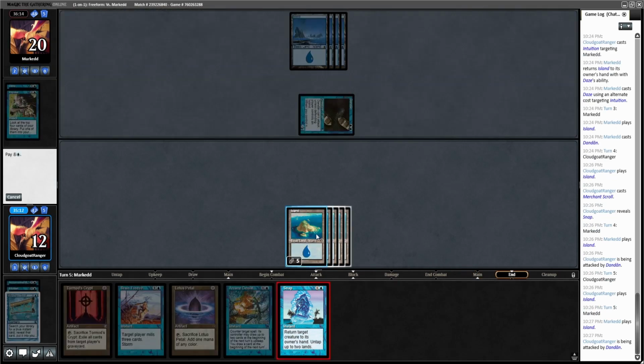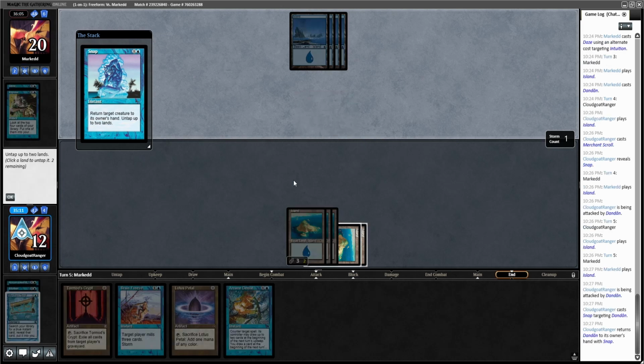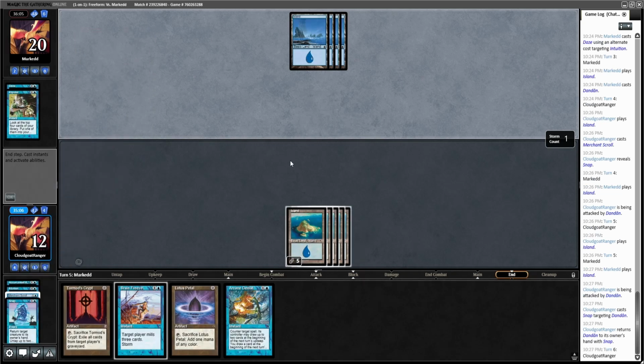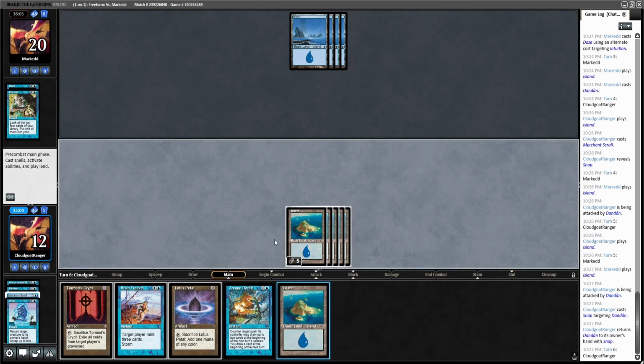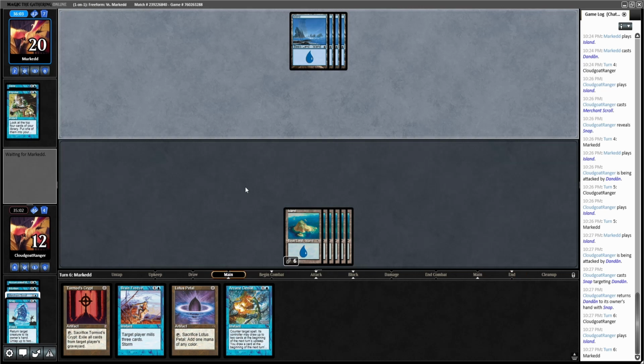Okay, let's Snap. I don't know if it's just trying to get too cute, but I feel like drawing 3 cards. Okay. That's good. Soon I might want to be saving lands. Maybe I probably wanted to be saving that land for something like Frantic Search, so